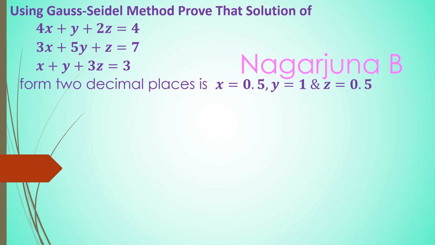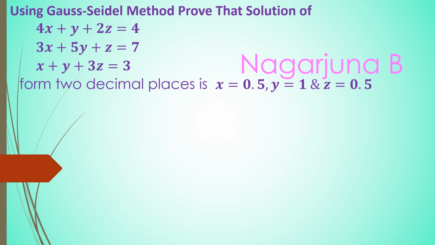So in the question they have given the system of equations and you need to prove that when we solve that system of equations by using the Gauss-Seidel method, the value of x will be 0.5, y will be 1 and z will be 0.5. We need to prove that when we solve this system of equations, the values up to two decimal places will be x is equal to 0.5, y is equal to 1 and z is equal to